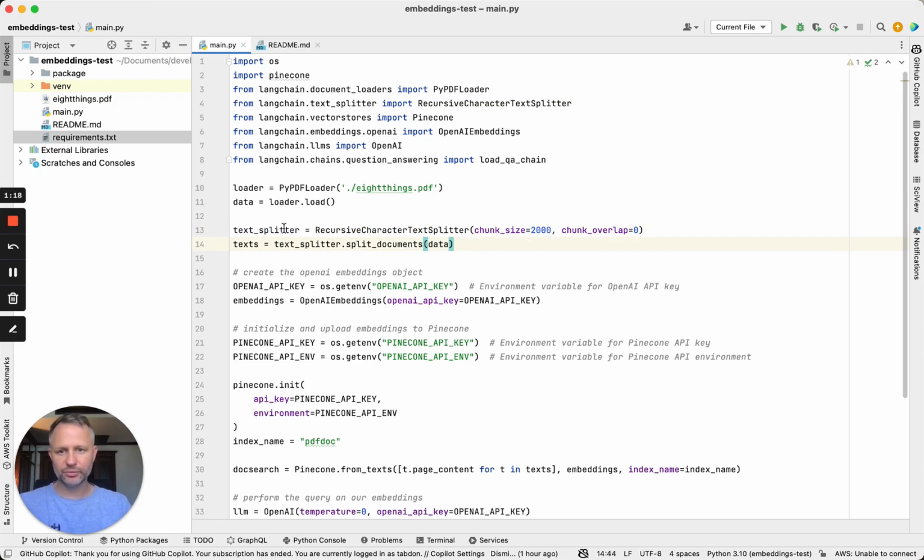So we set up our text splitter and set the core settings here, and then we actually run the text splitter on our document, which is the data that we have right here. So we do that, and now we have this text object which has a bunch of chunks of our